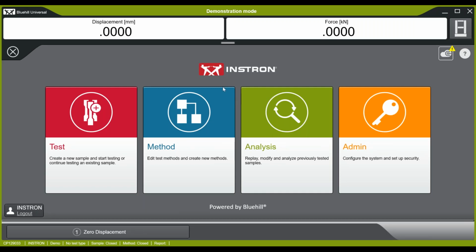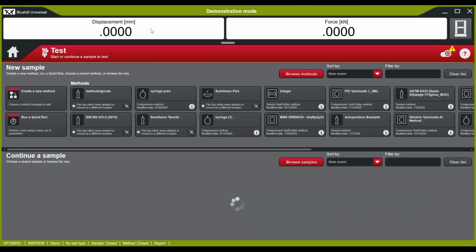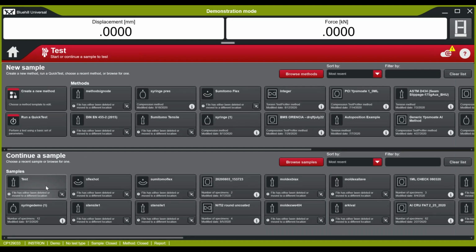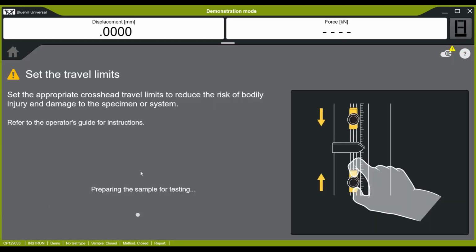Our next question was, how do you make new report templates or edit one? So Landon, do you want to walk through this in Bluehill? Sure. So Meredith had gone through most of the steps during her section of the presentation. But if you were to open up a sample file,